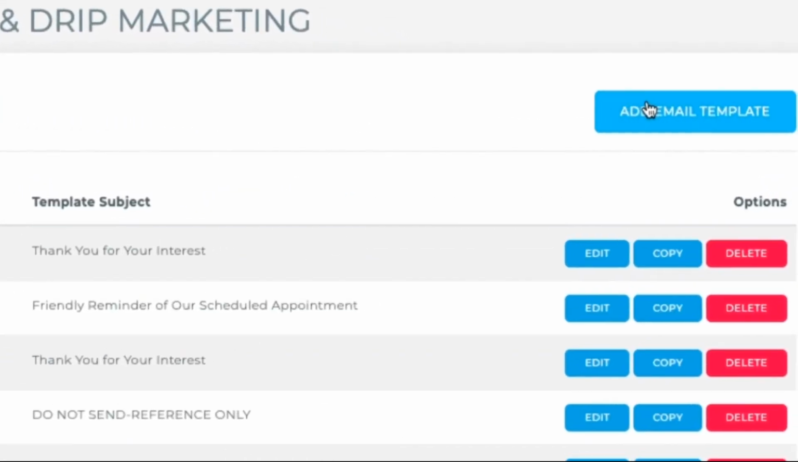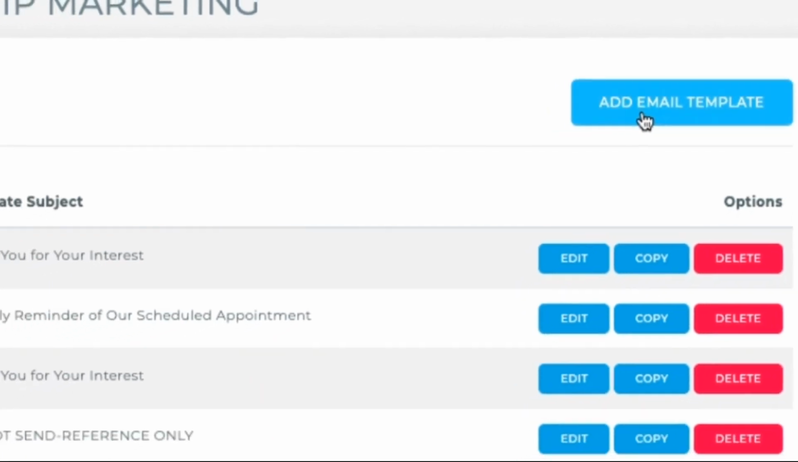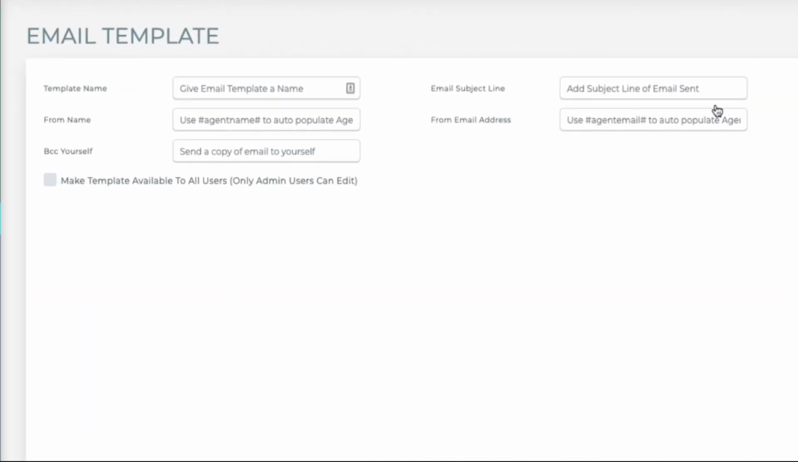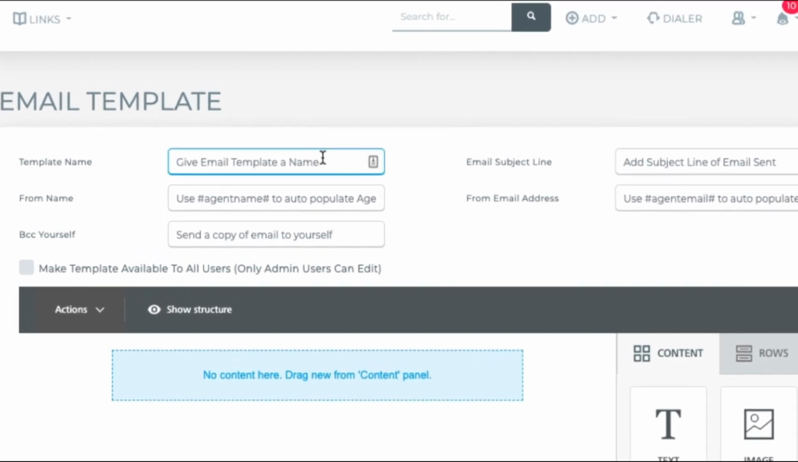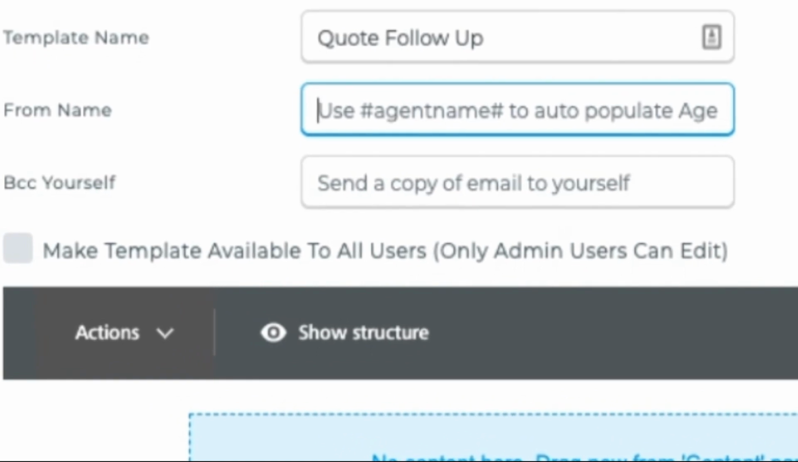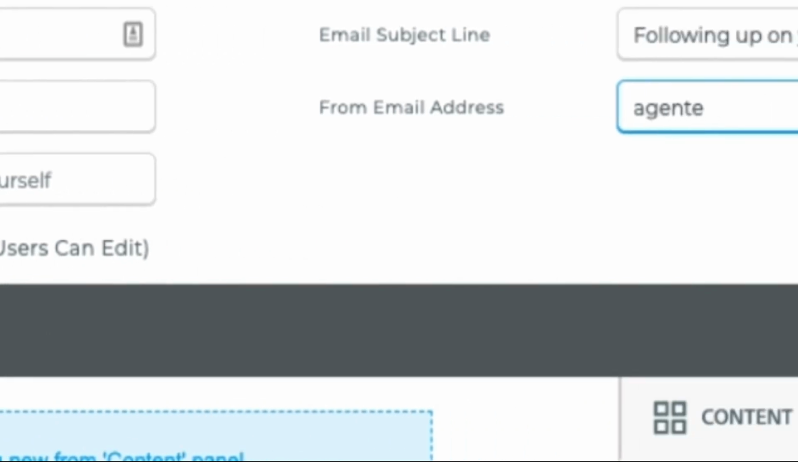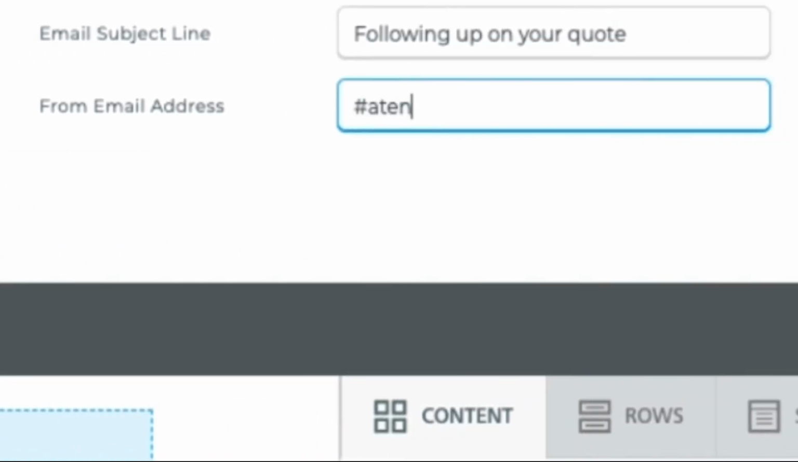But now when I hit Add Email Template, you'll see the new template builder. Here, we'll still use the template name, subject line, and from section, where we type in the template name, we'll use the snippets of hashtag agent name hashtag, which will pull from the assigned agent's account My Information section,